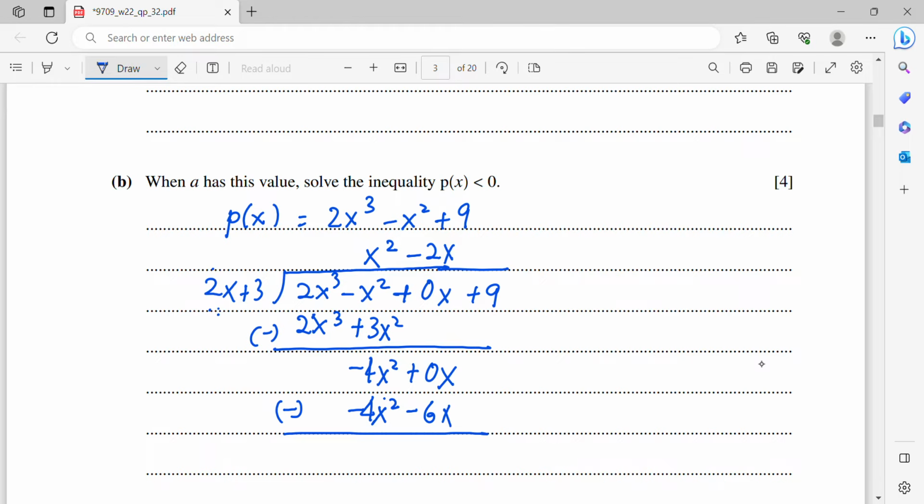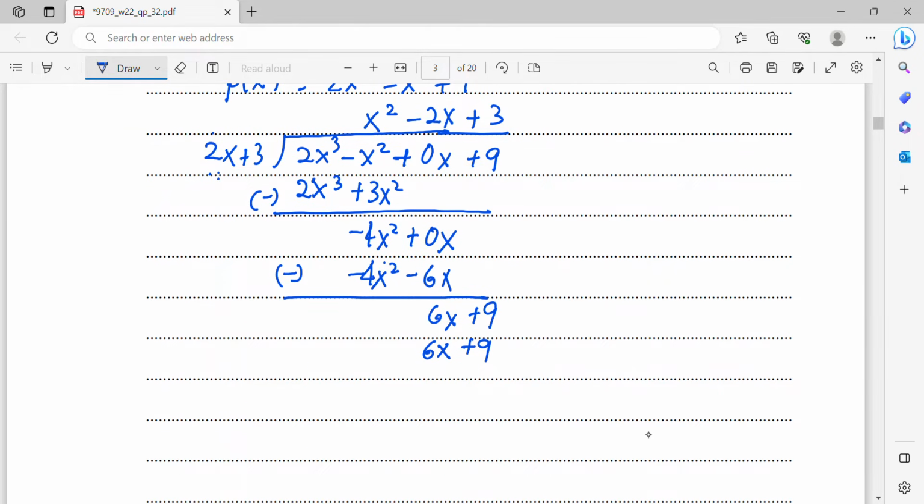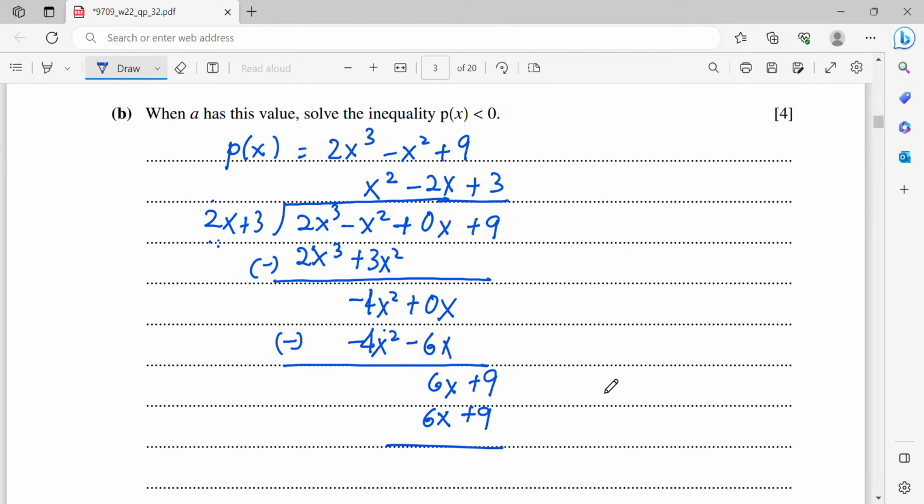Second term is 0 minus minus 6x, you'll be getting 6x. Then bring down the plus 9. Now, here we need to multiply by plus 3. So plus 3 times 2x will be 6x. Plus 3 times plus 3 will be plus 9. So then you'll be getting the 0 remainder. So once you get 0 remainder, I will rewrite my p(x)